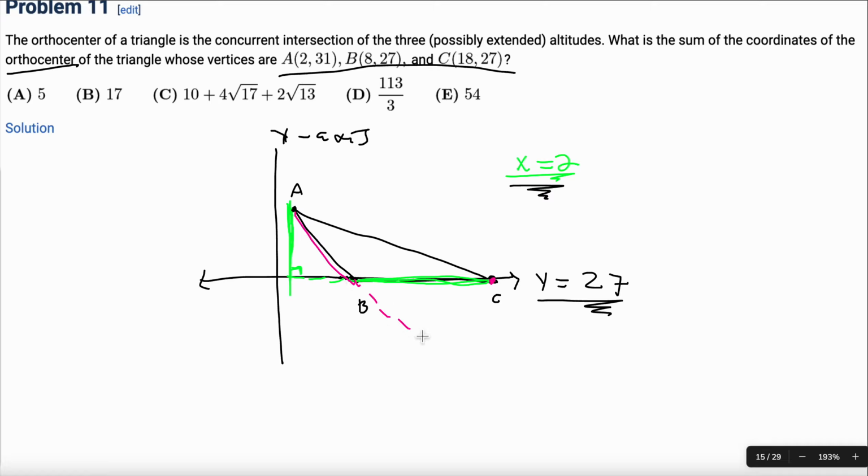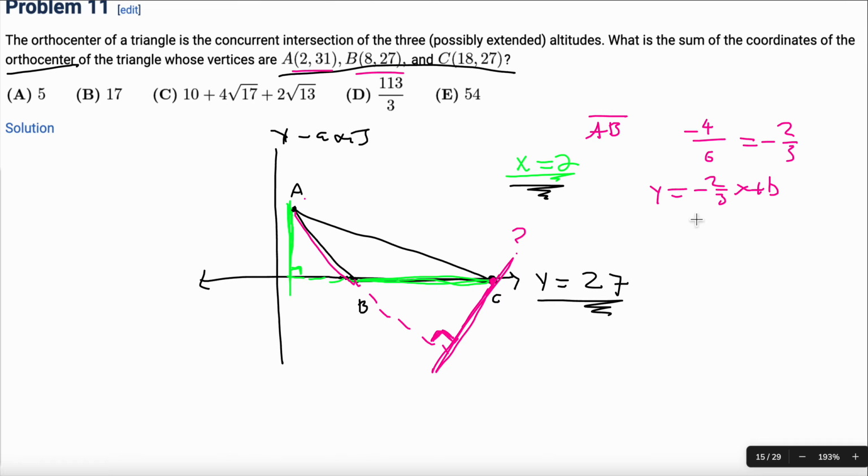and extend this line. Line AB is going to get extended here, and point C is going to extend here. It's going to be this altitude, and we want to find the equation of that line. To do that, I'm first going to figure out the equation of line AB. We have the coordinates for A and for B, so we can find the slope as y2 minus y1 over x2 minus x1. The change in x is 6, and y decreases by 4. So it's negative 4 over 6, so the slope is negative 2/3,